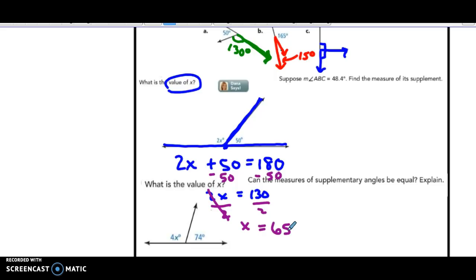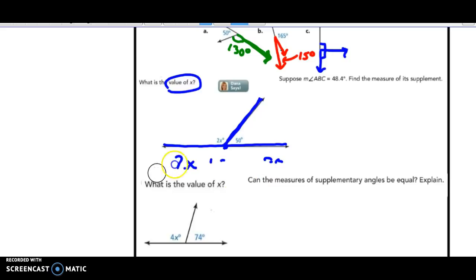I'm going to have to erase so we have room to work the next problem, but take a second to double check that, make sure that you understand those steps. Pause the video if you need to. And I'm going to erase. And let's take a look